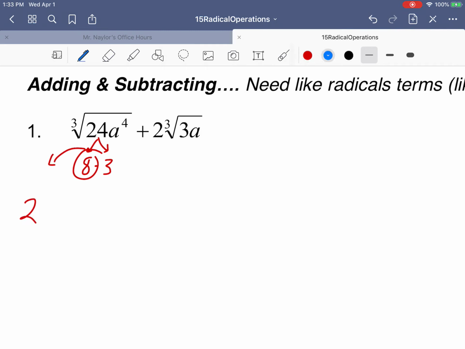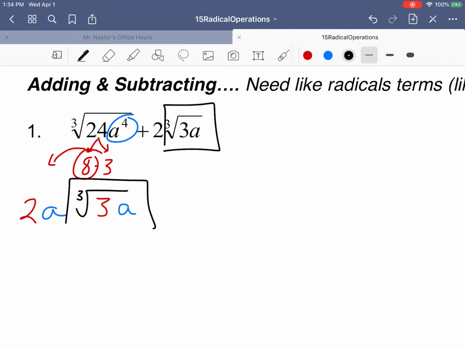Now we can also take out a lot of this a. A3 comes out and becomes just a. Left behind is this 3 from the 24, and the a that was part of that a to the 4th. The good news is that now we've got a cube root of 3a and a cube root of 3a. So what I can do is I can add the